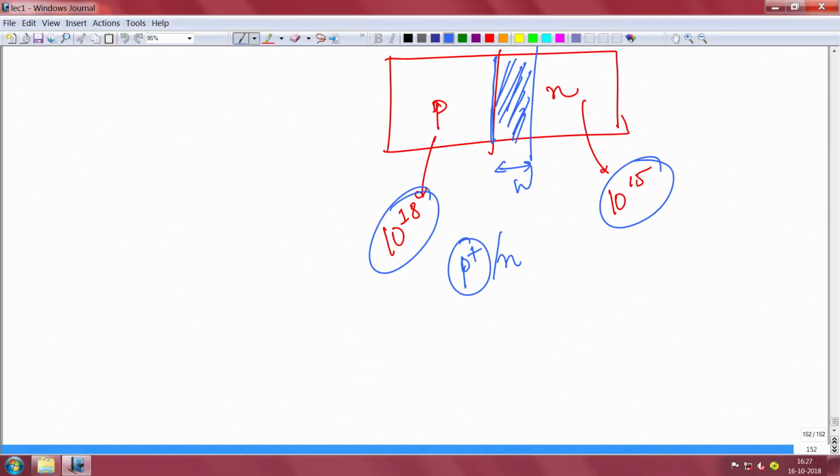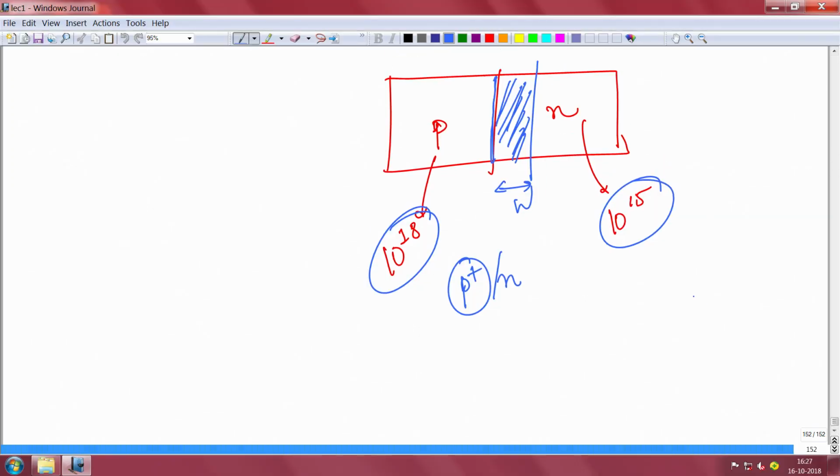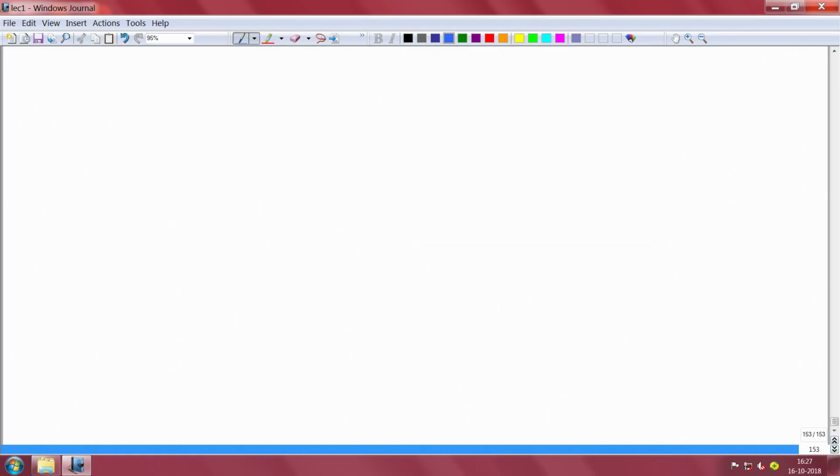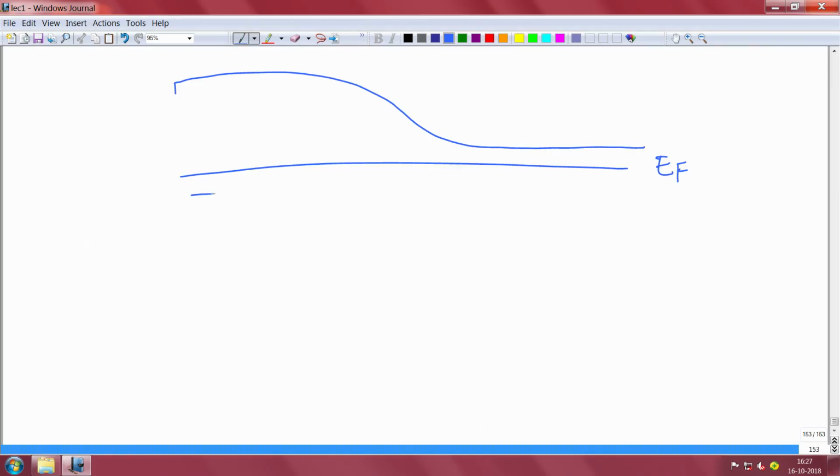Okay, so let's come to the whiteboard now. Let's get a new page here. I'll tell you again: if you recall, this is your Fermi level, this is your conduction band, and this is your valence band. So I told you that